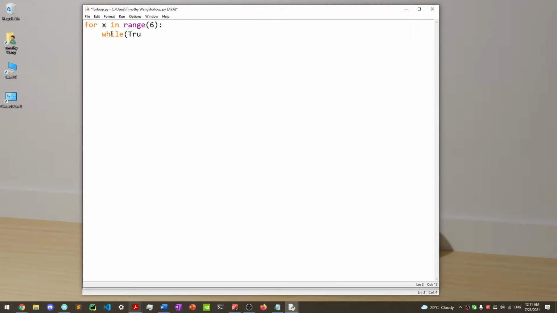So we might say even while True. We might put another for loop in here, for example, for y in range of 6. And we can do stuff like that. So these are all plausible and acceptable body statements within this outer for loop. Now, once again, just like I said,